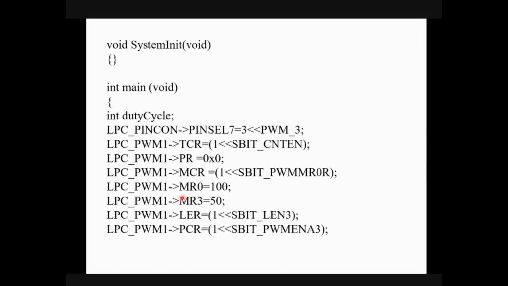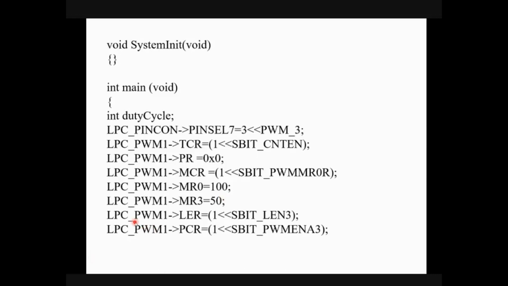So we are using MR3, the match register 3, which will be holding the value of the duty cycle, the on period value. The on period value is 50 here. So ultimately you can guess that, according to the explanation so far, your PWM waveform will have a 50% duty cycle.